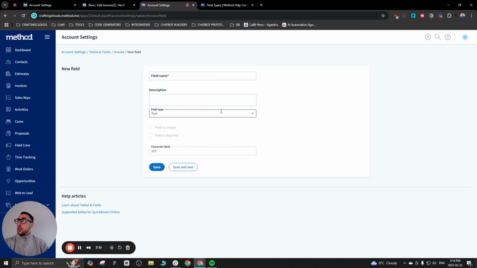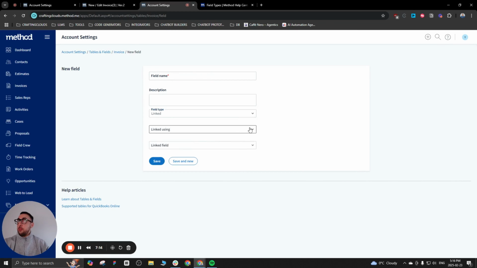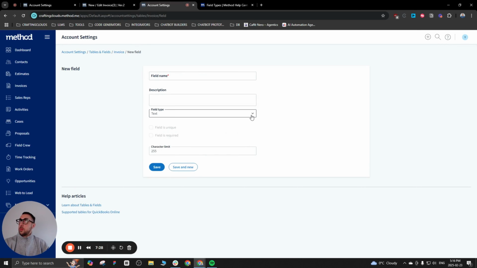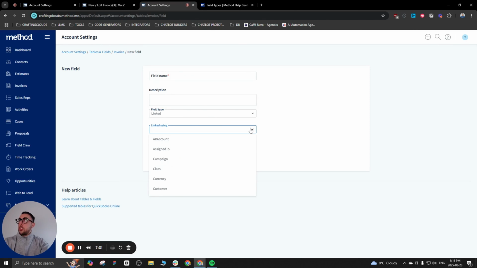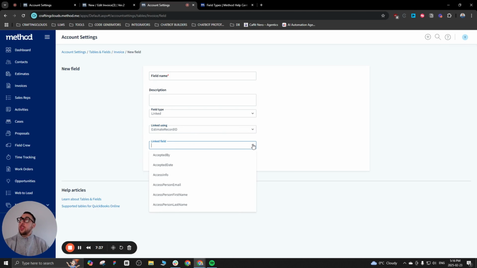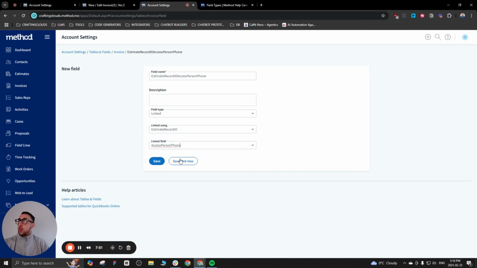Okay. Then we're going to do this a couple more times. Estimate, access person email, save and new. So as you can see, you're not creating these fields from scratch. You're simply creating the linked fields by leveraging that drop-down field of the estimate record ID that we found on the invoice table. And then we're going to do access person phone. And lastly,